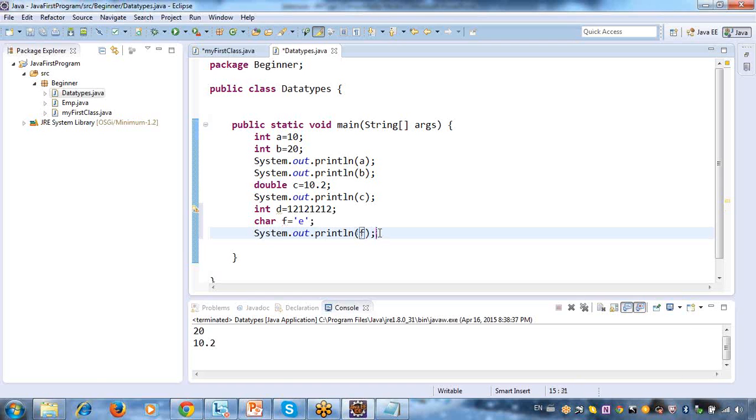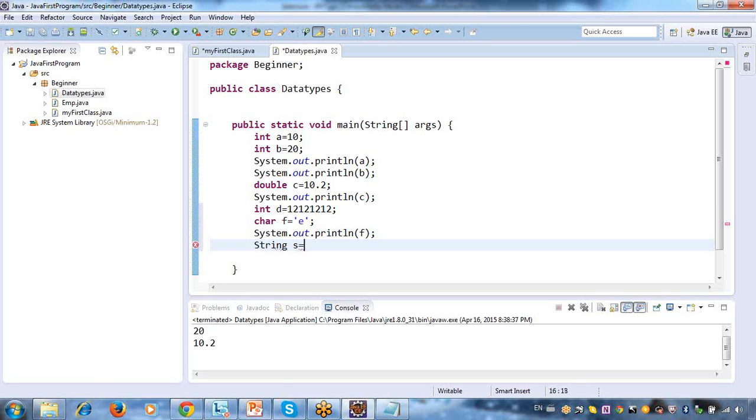See what kind of data you are storing in your variable. When you are storing an integer, I can declare that variable as int, and when I am trying to store a value which has both integers as well as decimal values, then I can use double. And whenever you are trying to store some characters, then you can use char. You also have string, but actually string is not a data type. String is not a data type, it's a class.